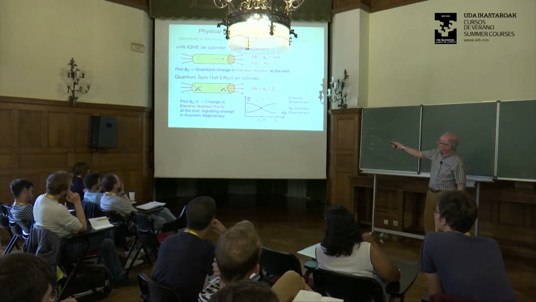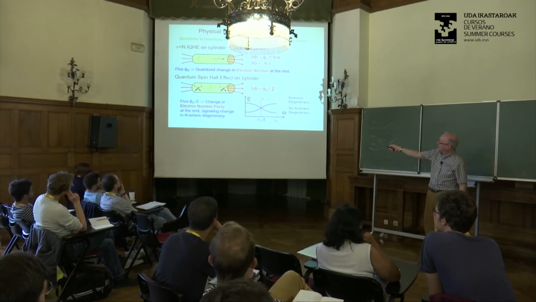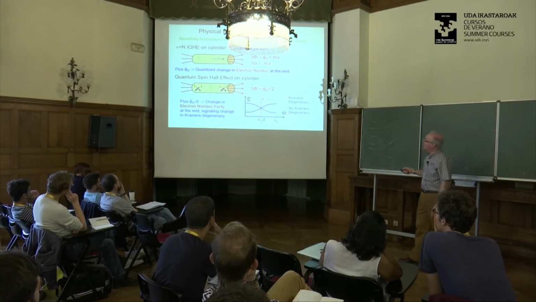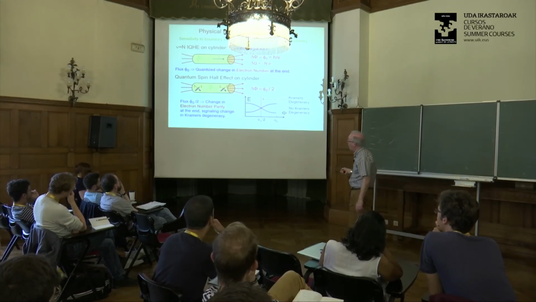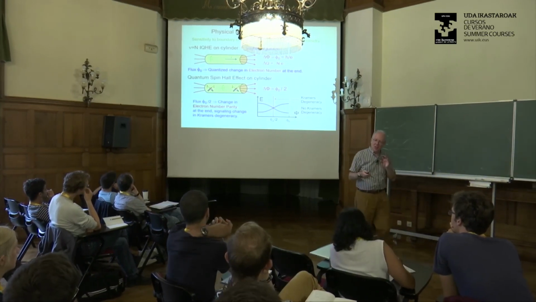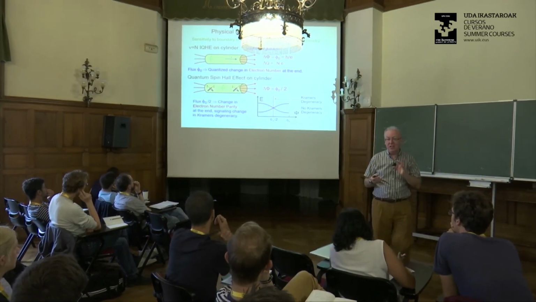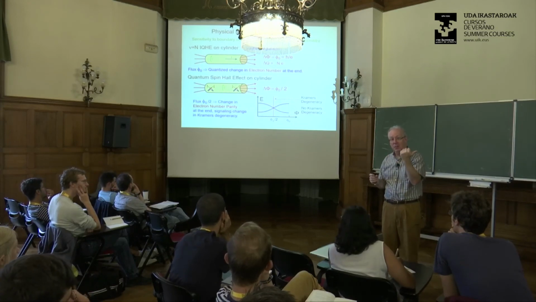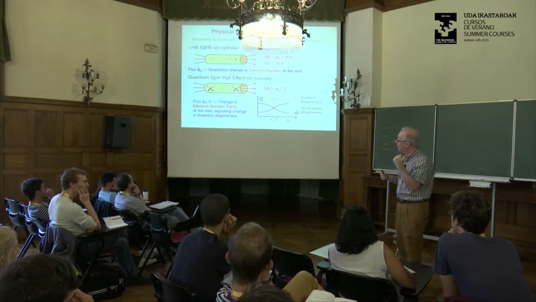Whereas in a quantum Hall state, you get this pumping of charge from one end to the other. Now, what happens in the quantum spin Hall effect? The simplest case to think about is the case where you just have two copies of the quantum Hall effect, for the up spins and the down spins. So think about what happens.